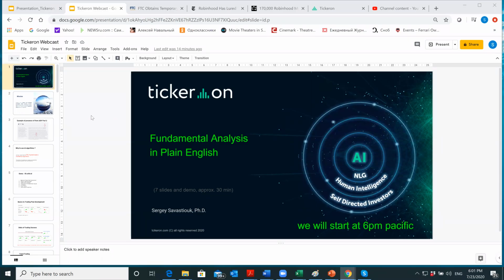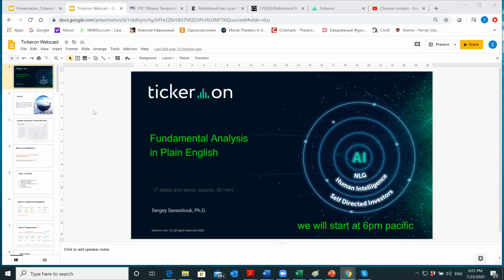So today is July 23rd. My name is Sergey Savastuk. I have a PhD in applied mathematics. I used to teach at Santa Clara University here in the Silicon Valley. I started a few companies, got good exits. Now I am starting this company called Tickeron, which focuses on artificial intelligence, natural language generation processing for investors like